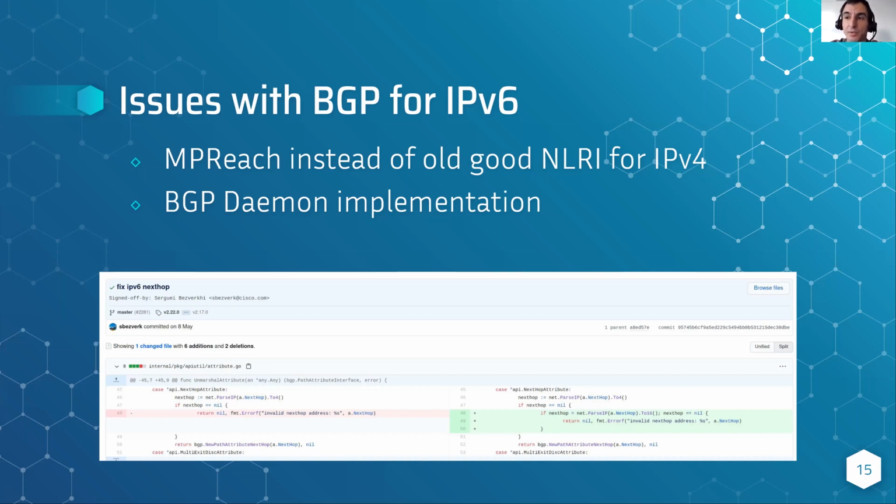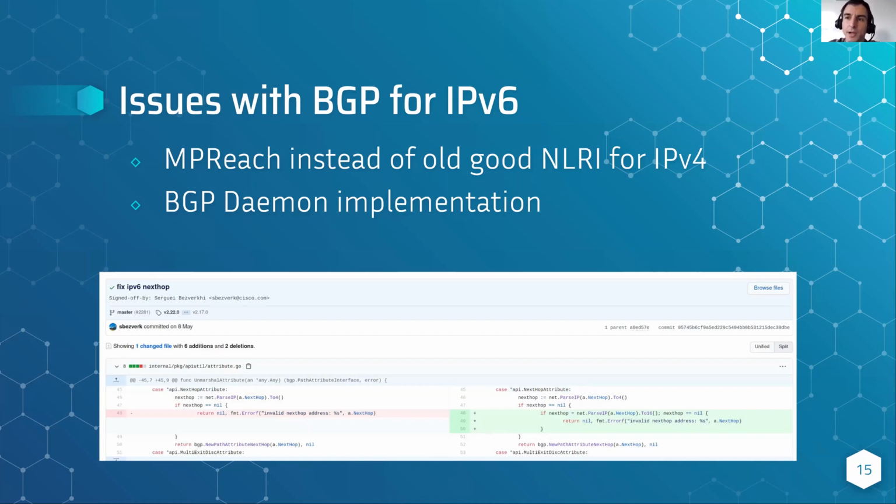NLRI for IPv4 was implemented in a not very flexible way, because nobody imagined that something like IPv6 would emerge. That's why the switch from IPv4 to IPv6 for BGP is quite painful if you are a maintainer or developer of a BGP daemon. You need to completely change the encoding, because different addresses require a different way to encode.